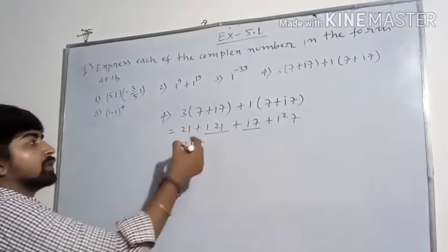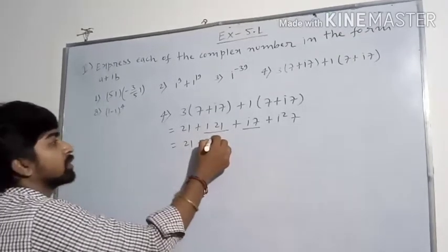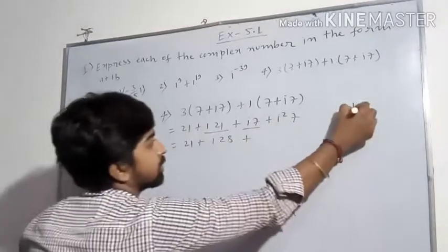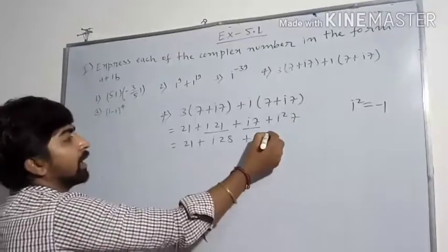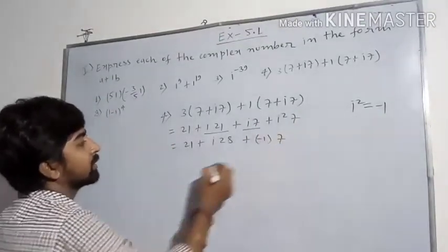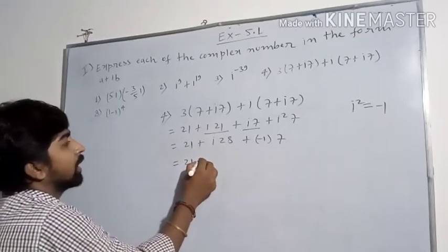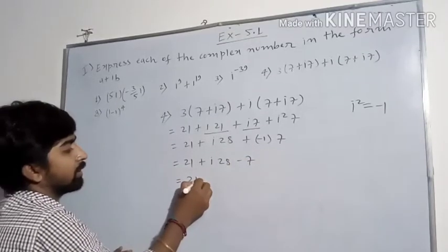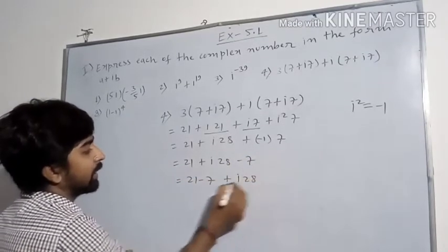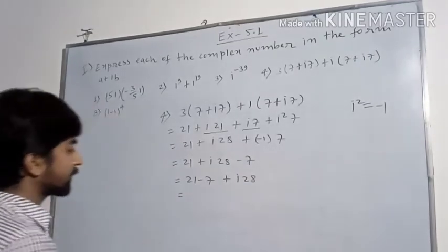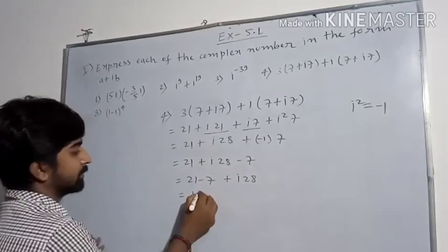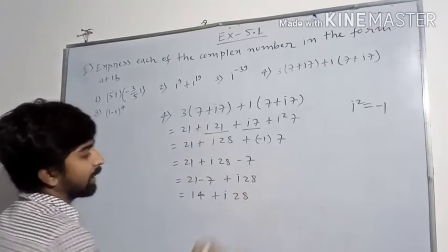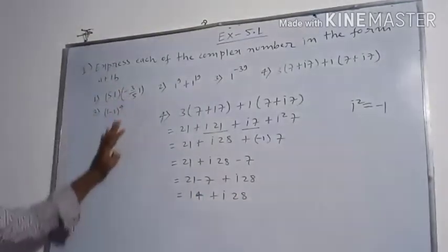We can add I21 plus I7 equals I28. And since we know I square equals minus 1, so we can write I square minus 1 into 7. And this is 21 plus I28, and this is minus 7. Now 21 minus 7 plus I28, and this gives 14. 21 minus 7 equals 14 plus I28, and this is already in the form A plus IB, where A